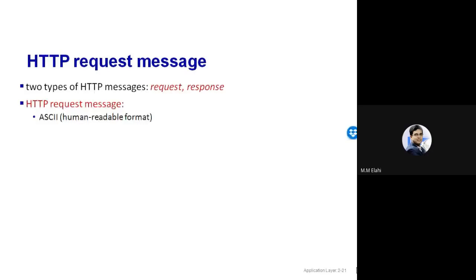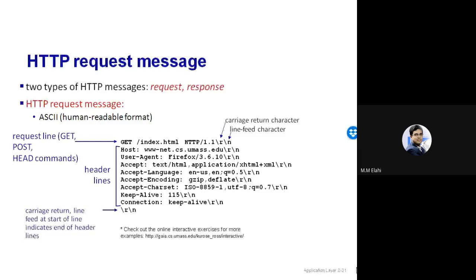Okay, so this is the format of an HTTP request message, and every line must end with two special characters: one is carriage return, one is line feed. Because the header lines can vary, it can be 4 header lines, it can be 40 header lines, it depends. So how will the receiver know the end of a line or the end of the message? The end of a line must be specified at the end of each line, and the end of the message must be specified with a blank line with carriage return and line feed. Is it clear? Yes, sir.